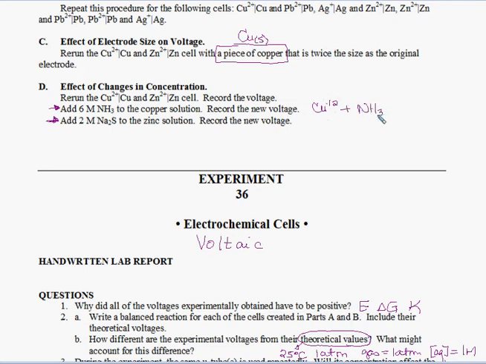This is a great opportunity to review the fact that ammonia molecules, having an extra pair of electrons on the nitrogen, can act as a ligand, also known as a Lewis base. Copper then can pick up that ligand, and it ends up picking up 4 of them as a complex ion. If you don't remember complex ions, be sure to go back and look at the Le Chatelier lab. So in the copper half cell, this reaction is taking place as a side reaction, which then alters what's occurring